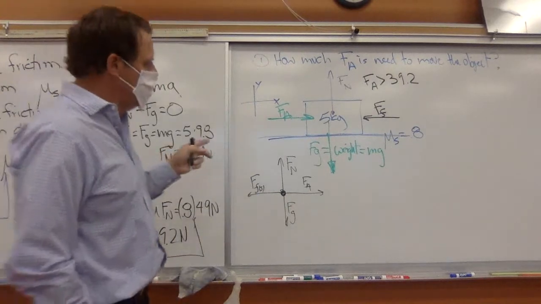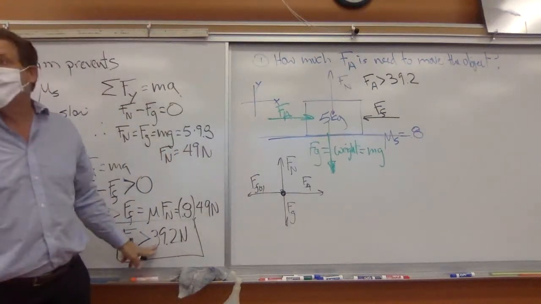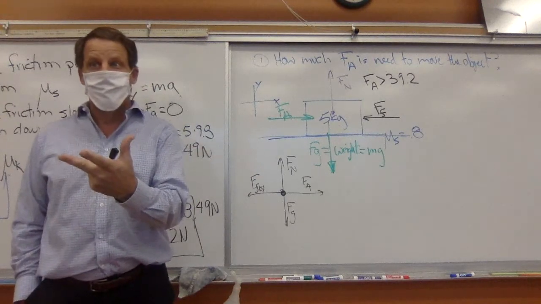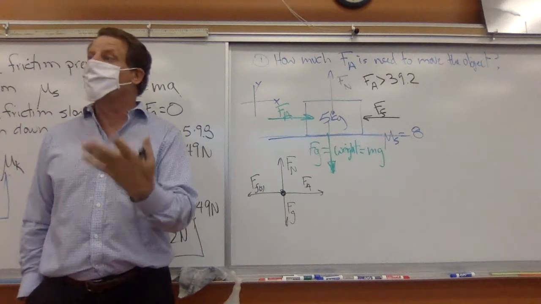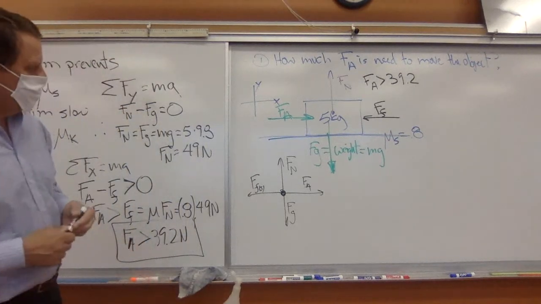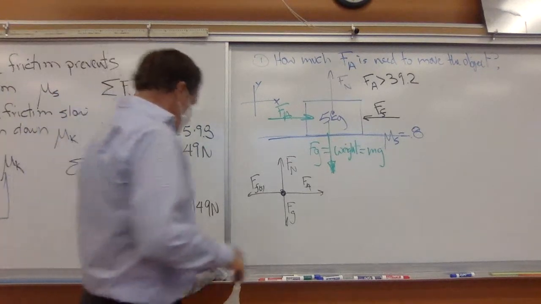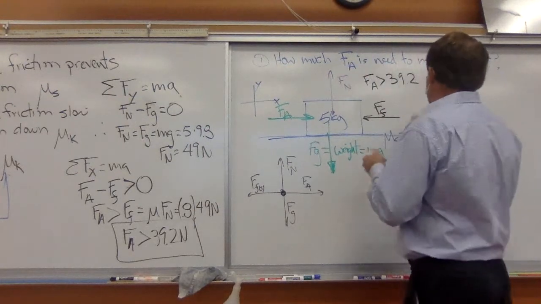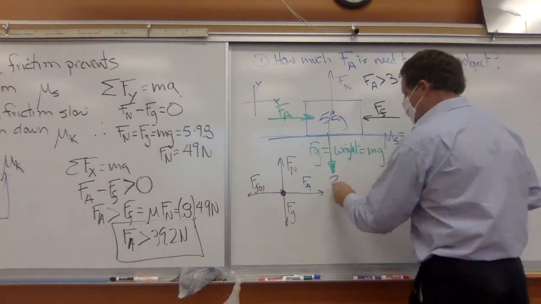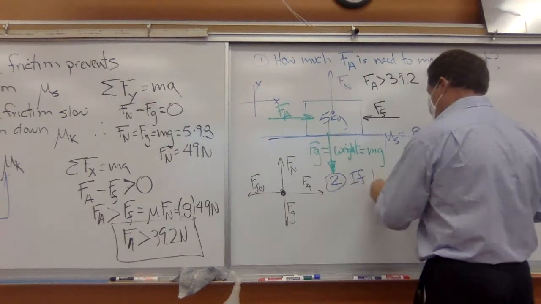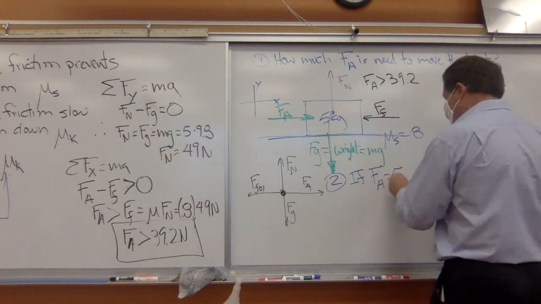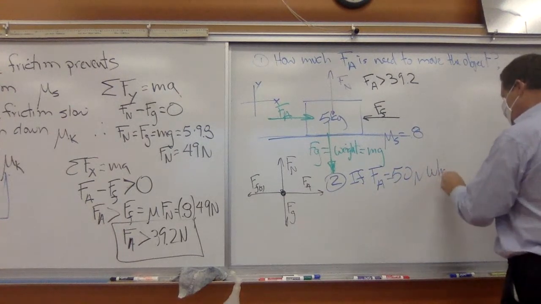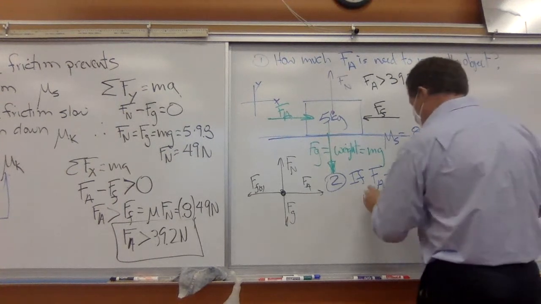And the answer is 0, because we just determined that it has to be at least 39.2. So if I said 30, then the answer would be 0 because the applied force was not great enough. Okay, so let's get to a second question here. And I'm going to erase some of this when I go to do this. So we're going to say question 2, if the applied force is equal to 50 newtons,